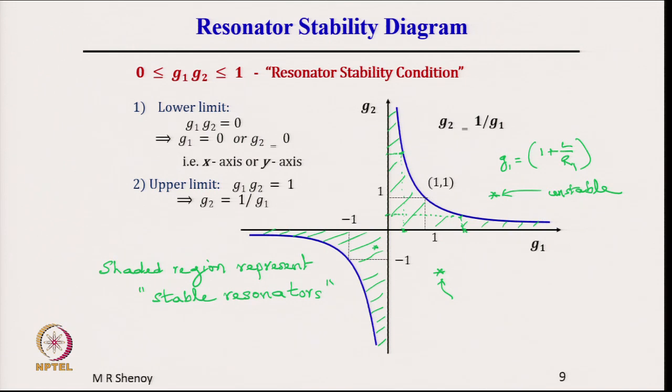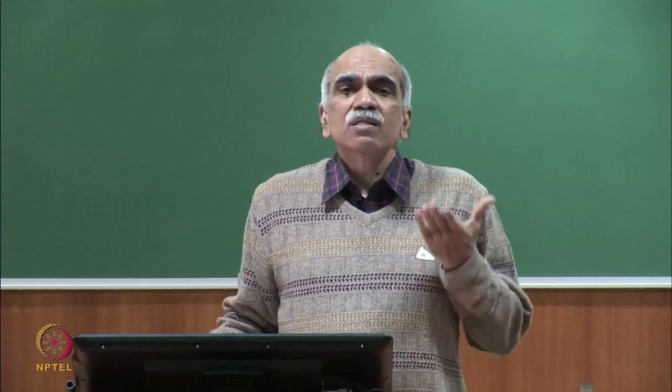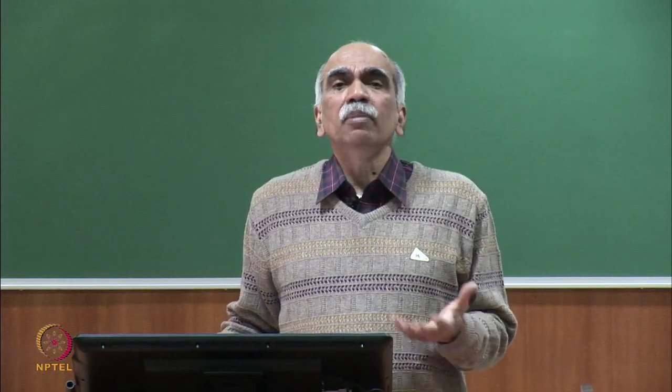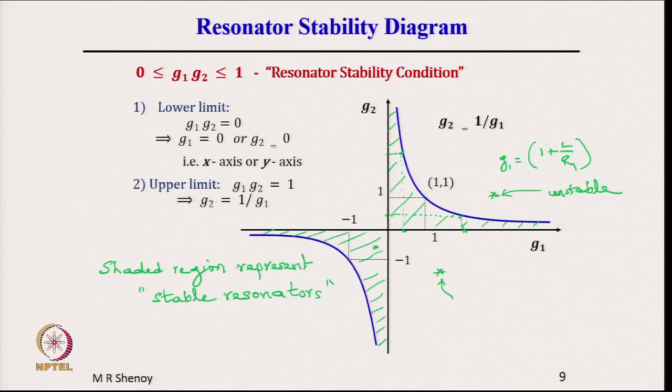So, for a given resonator, whether it is stable or not is determined by this. What do we mean by stable resonator? A resonator in which we can find some rays which are confined forever. That is a stable resonator. If you cannot find any type of ray propagating back and forth which will remain confined, then it is an unstable resonator. So, now we know a simple formula which indicates whether a given resonator is stable or not.